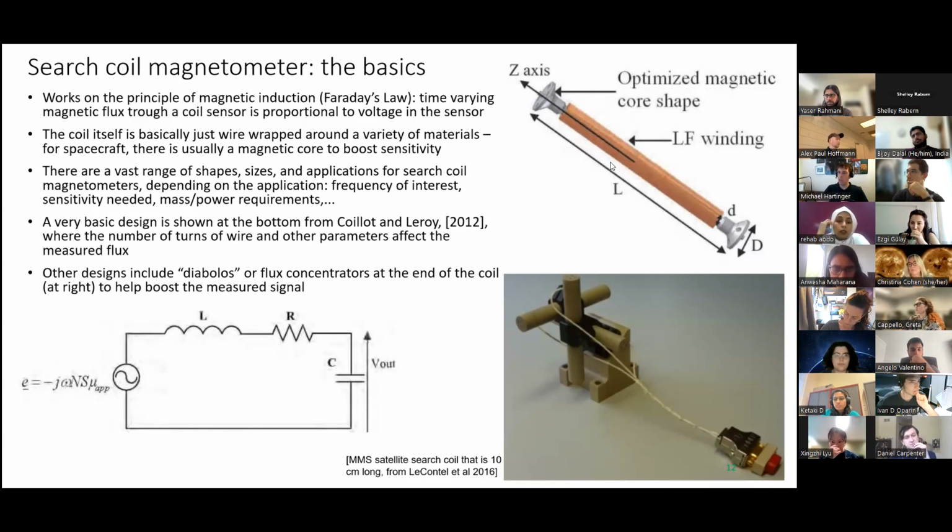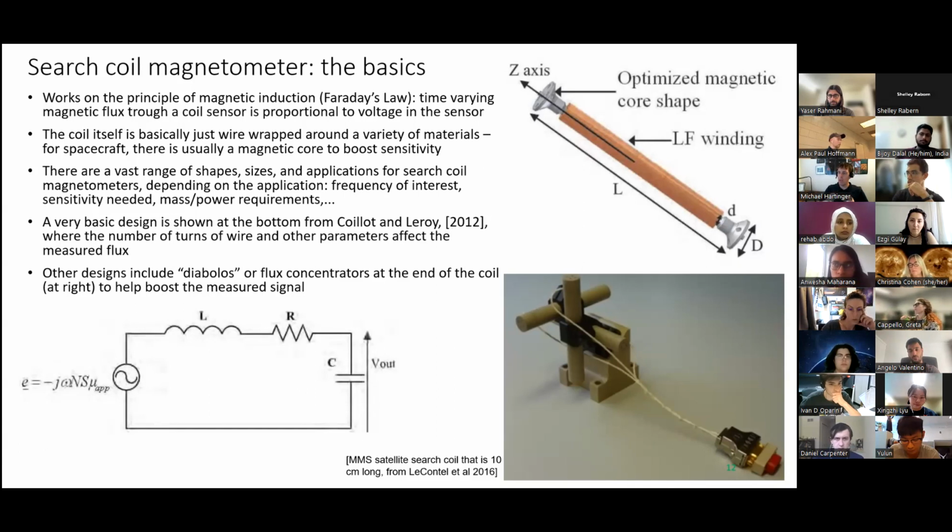And as you're tuning all these things, there are a couple of references by Coillot and others that talk about how you can model this thing to basically tune to the phenomena that you're interested in. So if you know the range of frequencies you're interested in, and you know their typical amplitudes, you can design this thing and tune these different things, like the number of turns of coil, how long it is, how thick it is with the material and all that,